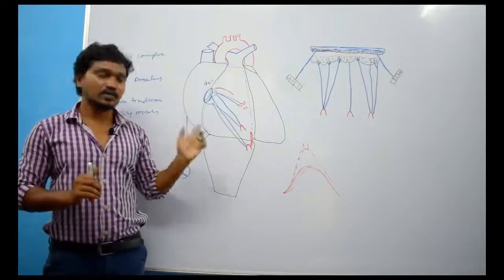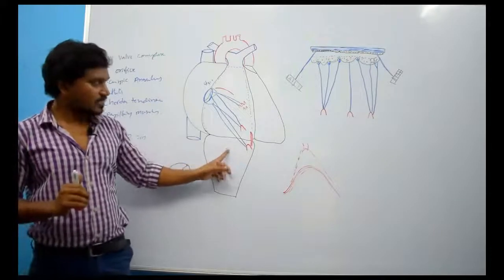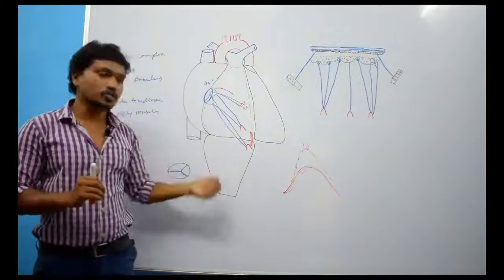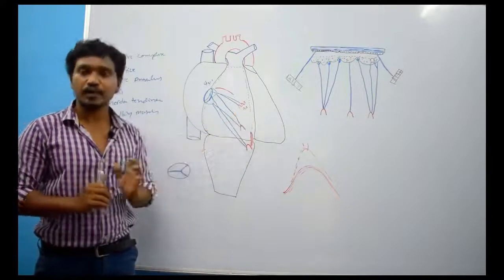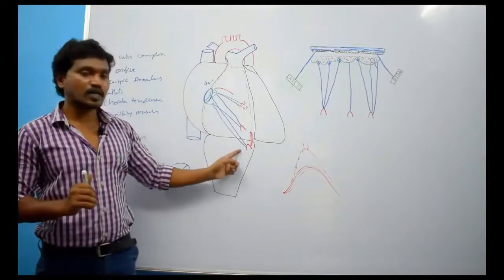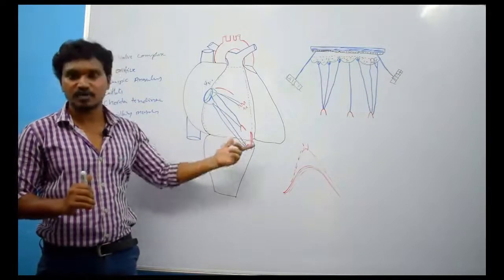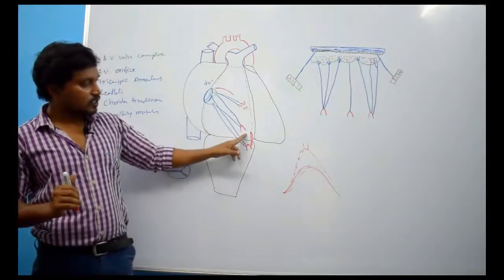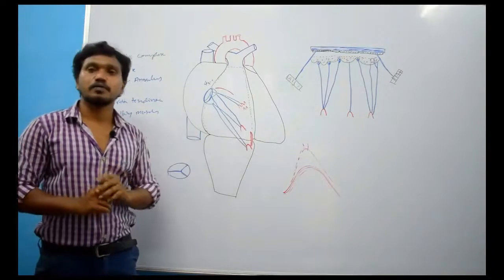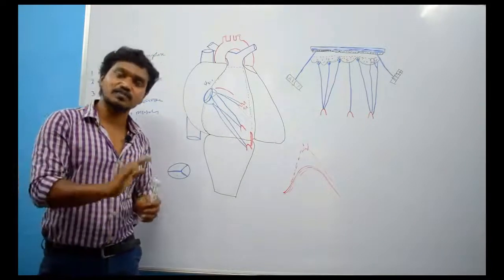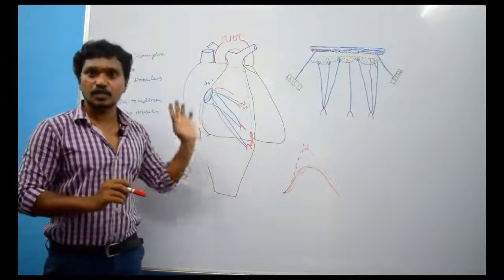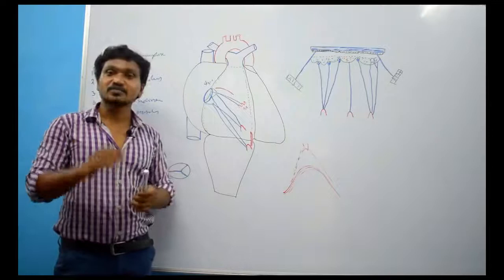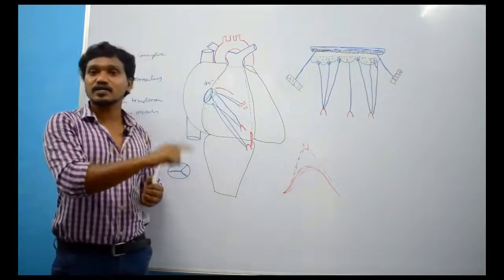Then pillars. Pillars we have already studied. Pillars means papillary muscles. They are conical muscular projections, what we call papillary muscles. These are 3 in number on the right side. Of course, on the left side, 2 in number. These are anterior papillary muscles, posterior papillary muscles, and septal papillary muscles on the right side. On the left side, only anterior and posterior papillary muscles will be present. Clear? This inflow tract is very rough because of muscular ridges, bridges and pillars.